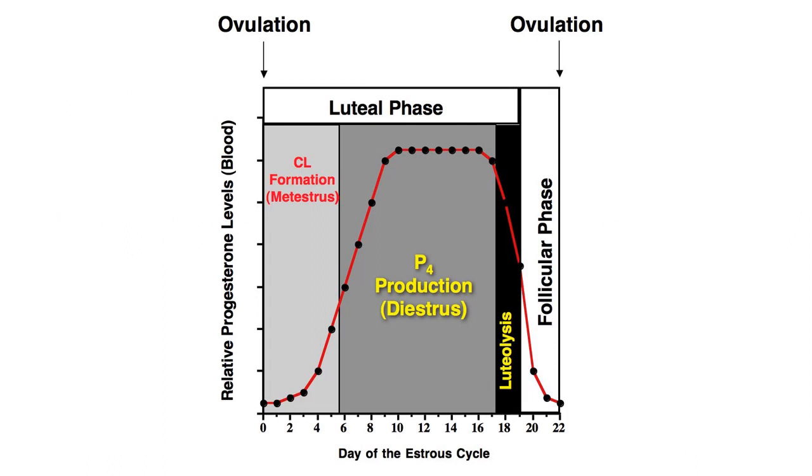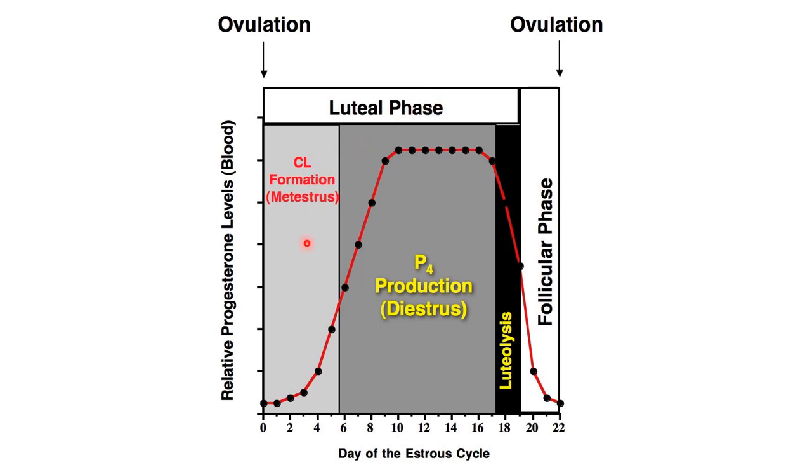The diagram shows the estrous cycle of the cow, showing the luteal phase as well as the follicular phase. The luteal phase encompasses day 0 to day 18 to 19 of the estrous cycle. As you can see here, day 0 represents ovulation. After the luteal phase, we also have the follicular phase. The luteal phase is dominated by the formation of the CL, or the corpus luteum, which produces P4, or